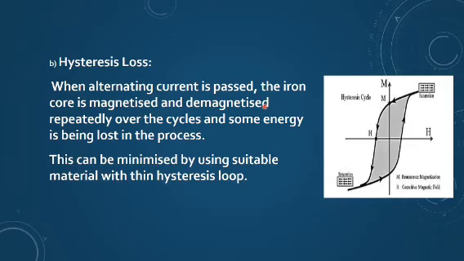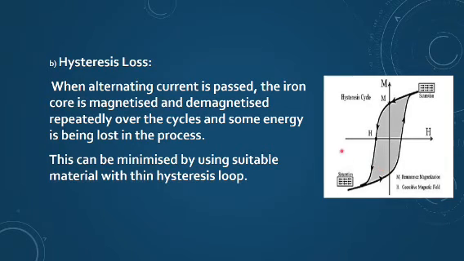Next, again in iron losses, is the hysteresis loss. Different types of substances are there. If we magnetize a substance and then demagnetize it, we get a graph like this, which is known as the hysteresis loop, and the more the area of the loop, the more loss there is in the form of energy or heat. So whenever some magnetic material is getting magnetized and demagnetized, the area of this loop gives you the hysteresis loss. When you make the current pass through the iron core, it is getting magnetized and demagnetized.